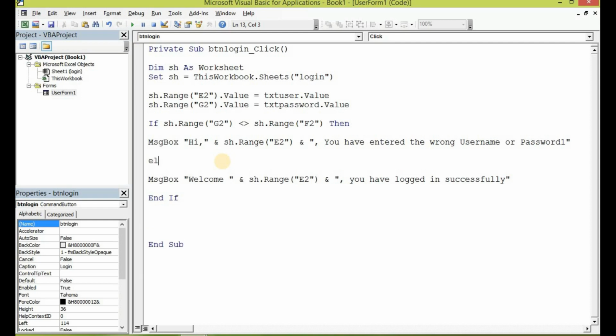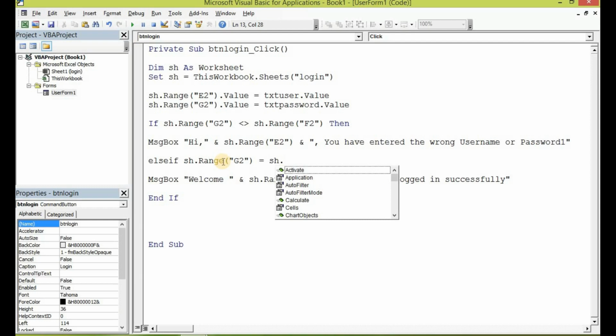Else if sh dot range G2 is equal to sh dot range F2 then